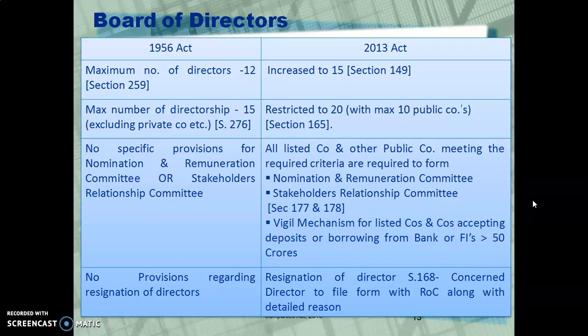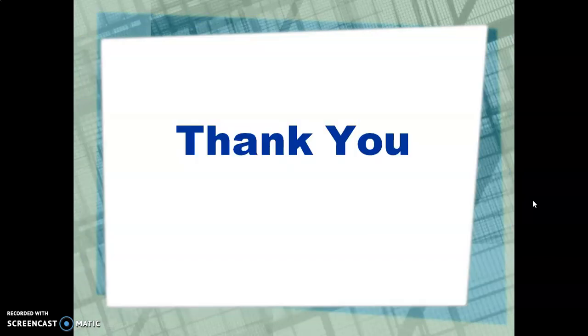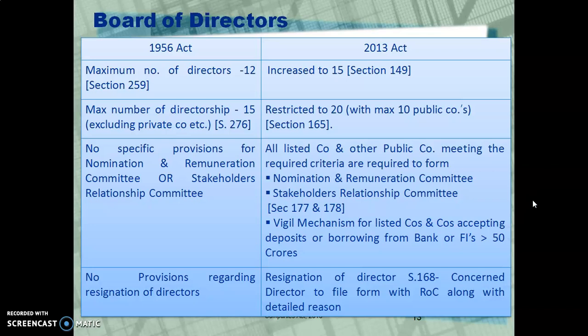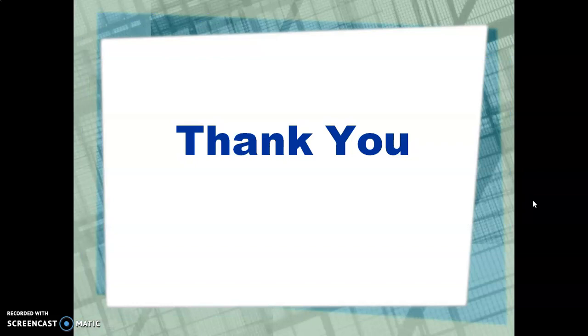The old Act did not make any provisions regarding resignation of directors. However, a director may resign under Section 168 under the new Companies Act. However, he has to provide the details and the reason for doing so and file the same with the registrar. So these are some of the major differences between the Act of 1956 and the Act of 2013. The Companies Act 2013 is a vibrant new Act which promises a better tomorrow in terms of investor protection, greater disclosure, compliances, and a greater environment.